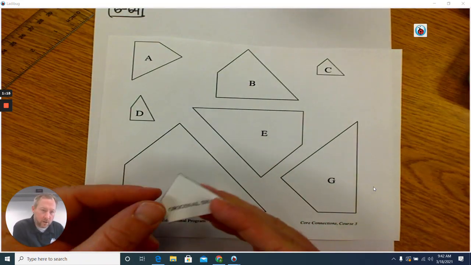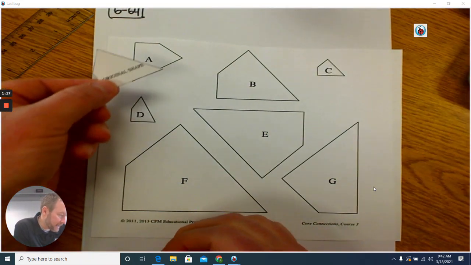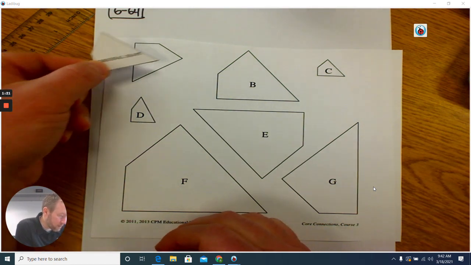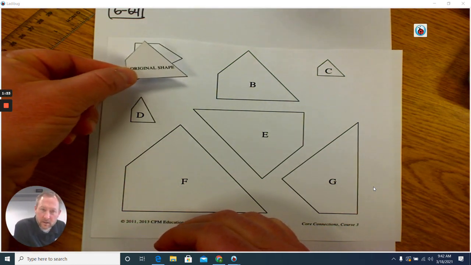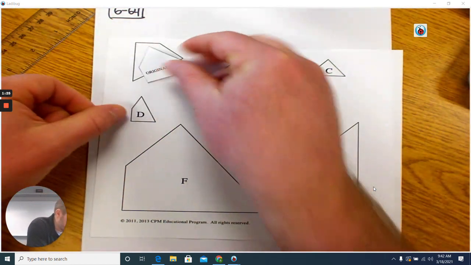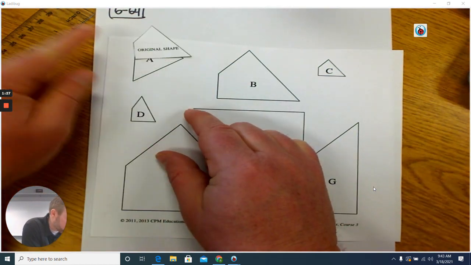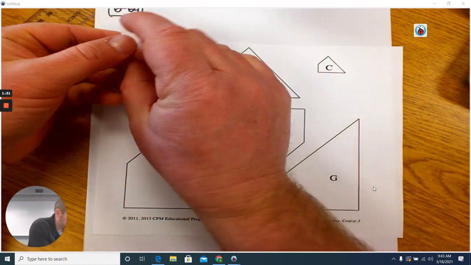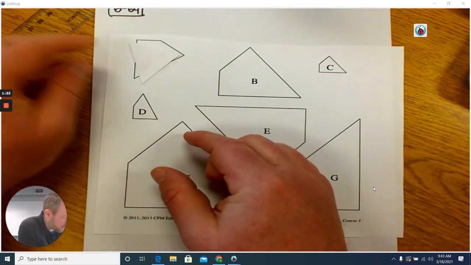Like if I go up to A, I have to move it around until I've situated it the right way, because this isn't right. So it might mean that I have to flip it over,